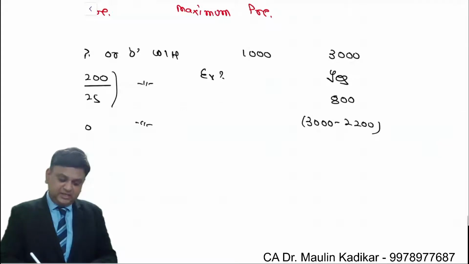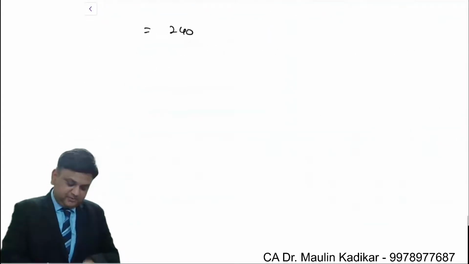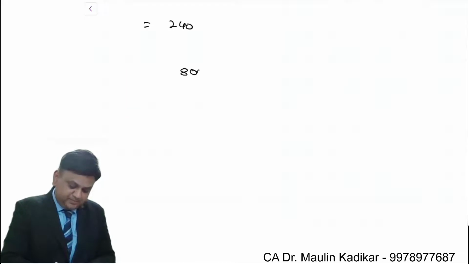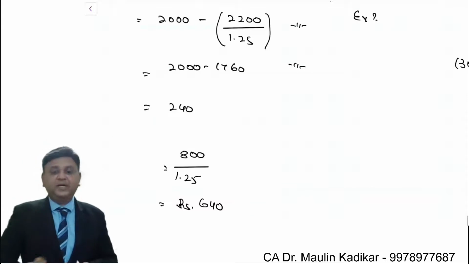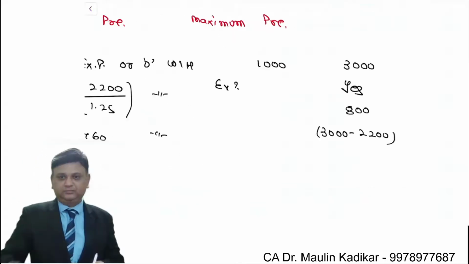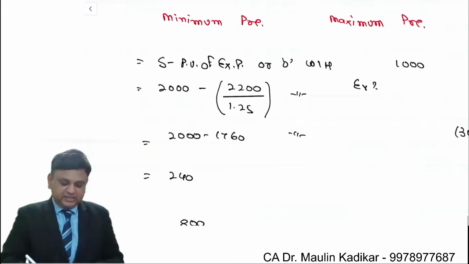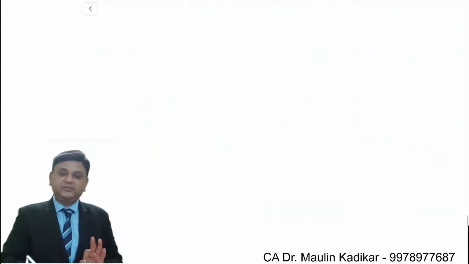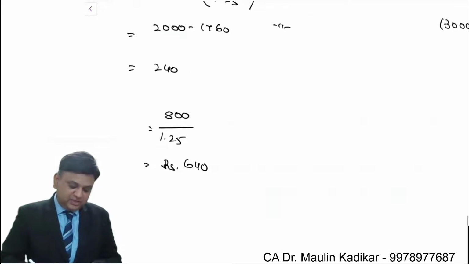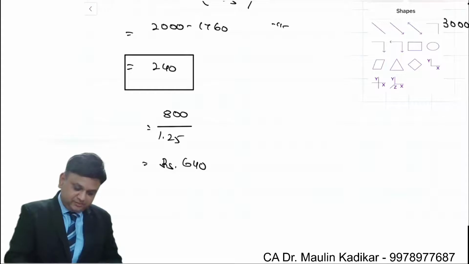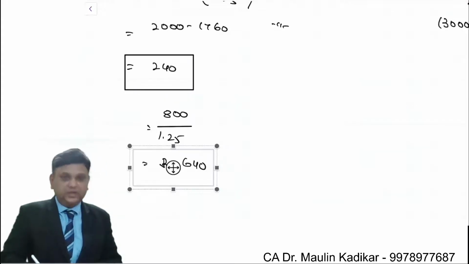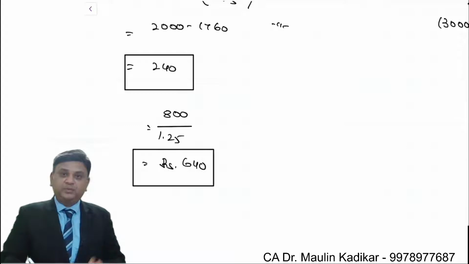So the present value of 800 rupees, because the premium is charged today, is 800 divided by 1.25, which is 640. In no case the answer of the premium will be greater than 640. So over here the answer of the premium will definitely be in the range of 240 to 640. Okay. Now what would be the actual premium amount? Let us understand.